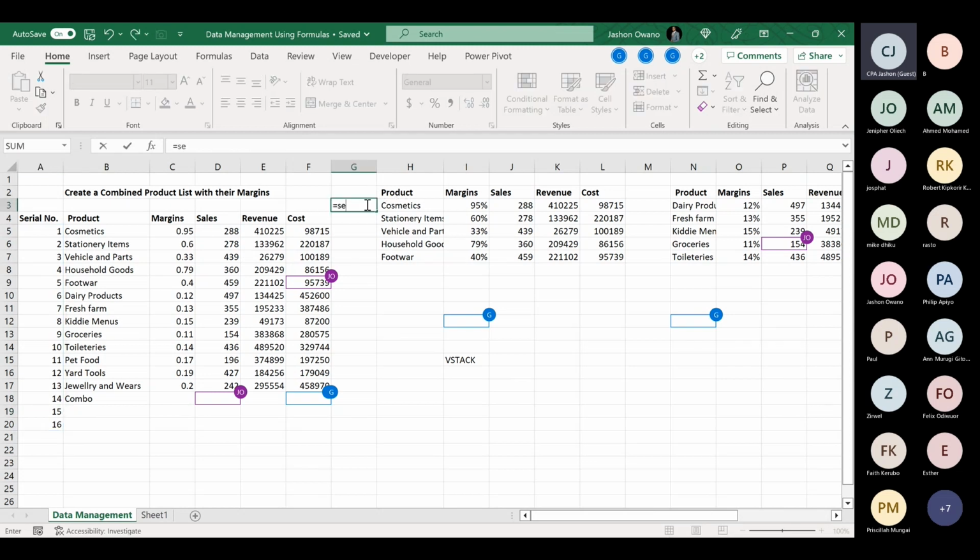So the formula is sequence, and then count of all our alphabets. I've actually seen the reason why. It's actually counting including the products. It is counting including our product listing. So sequence count A, and then say we want only to count column H like that. And when we press enter,